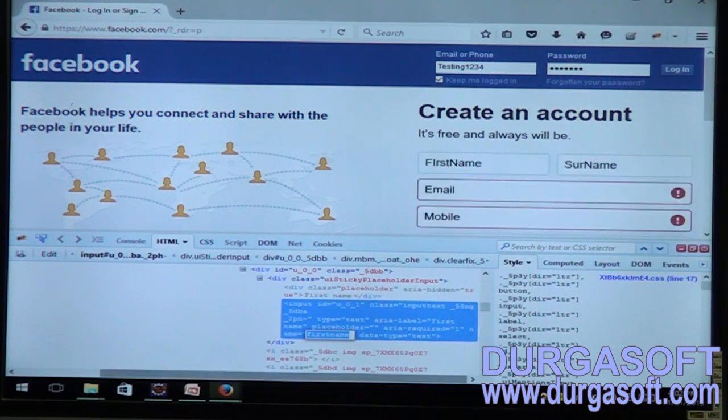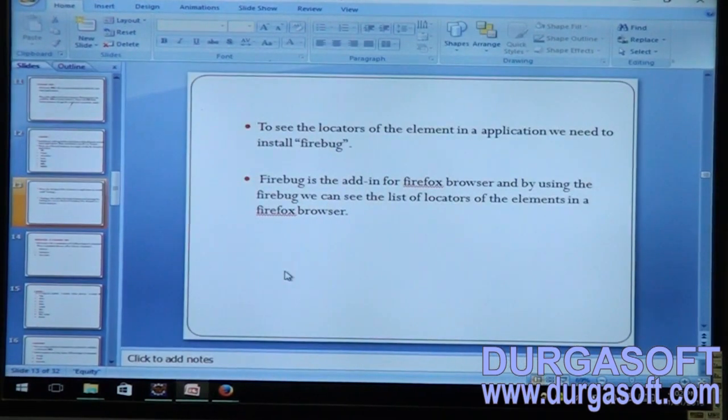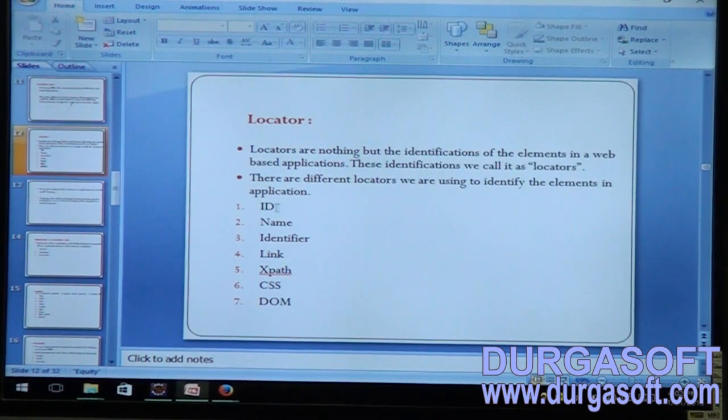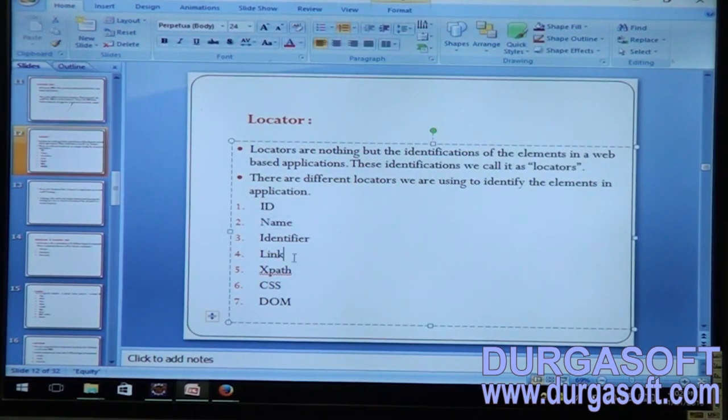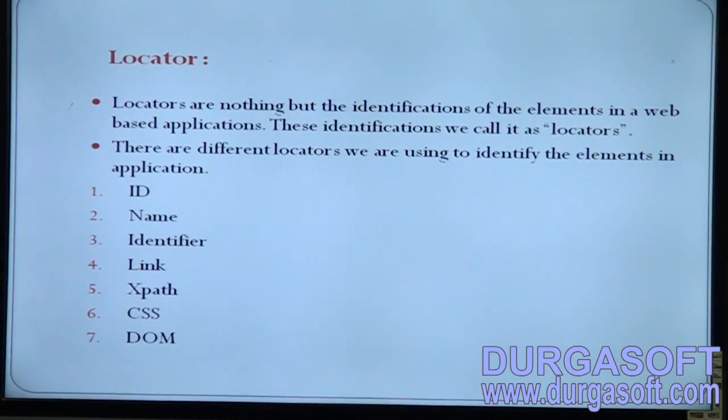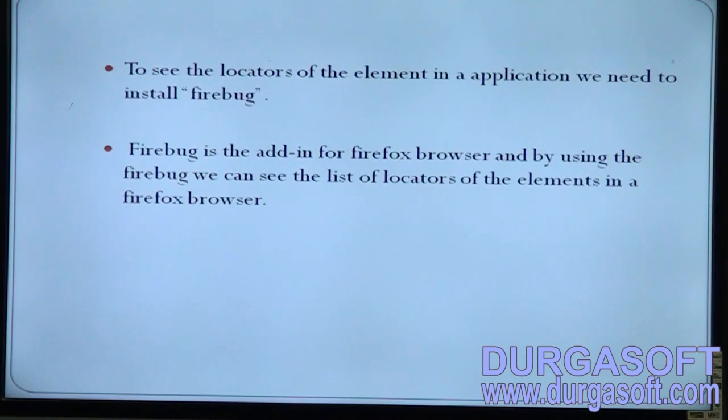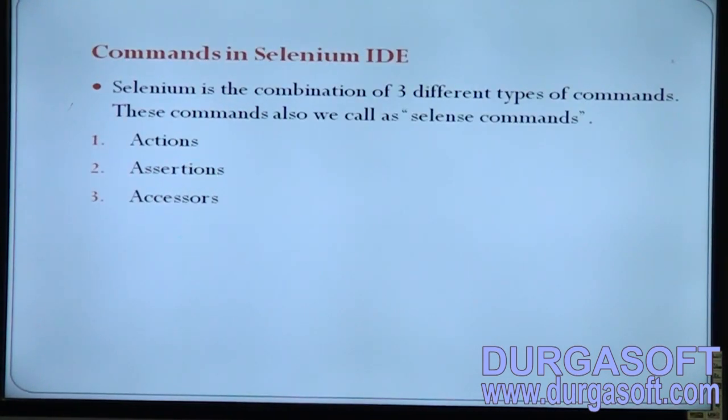For some elements you can find only 2 identifications, for some elements you can find 3 or 4 identifications, team. So you don't have to worry about it. Basically identifications are nothing but a way to identify that particular locator and to work with that particular element, team. Okay, fine, let us see how we are going to work with the Selenium IDE.